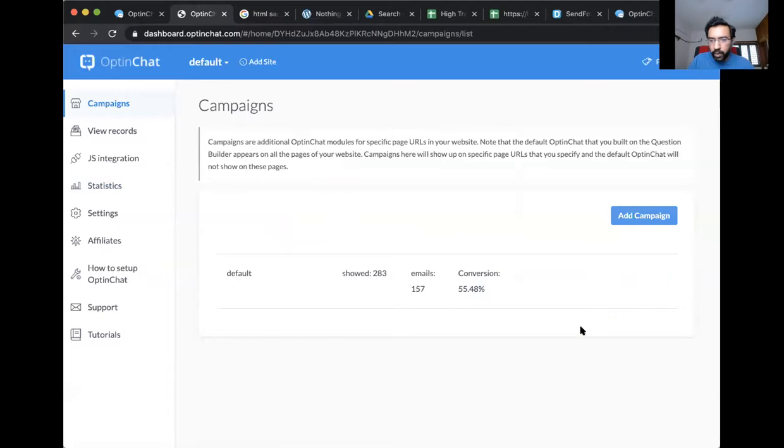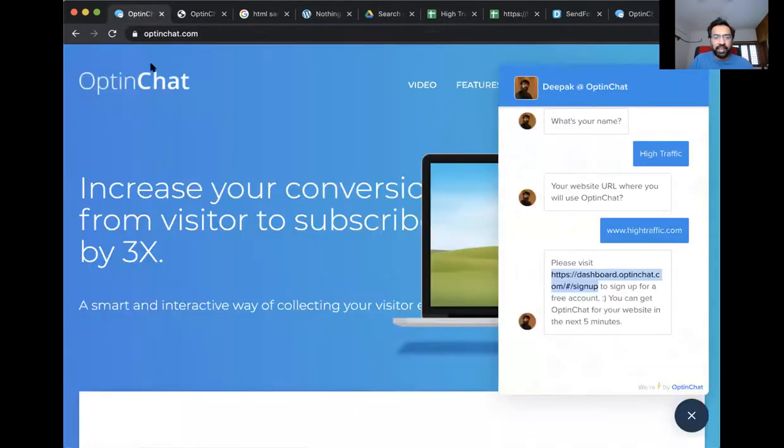If somebody does not open the chat box, what will happen? There is something called exit chat. Just like exit pop-up, you can do exit chat, where just when you are trying to exit the website, the chat will show up. All right. Isn't that amazing? So let's see how the exit chat works. I will also enable exit chat so that I can show you how it works. This is a tool I have developed myself, guys, and I am so proud of it because it works very well.